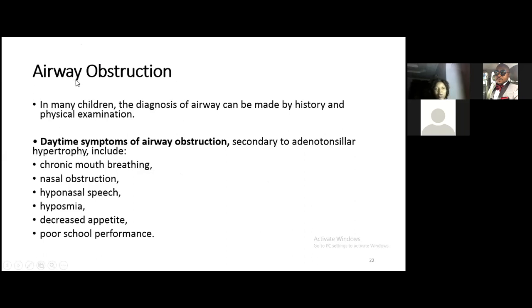adenotonsillar disease. Now, airway obstruction. Airway obstruction can be due to hypertrophy of the tonsils. And usually you can diagnose it from the history and examination. Usually the patient would not present with fever as in acute or chronic tonsillitis. But the most common symptoms the patient would present with would be symptoms that would suggest